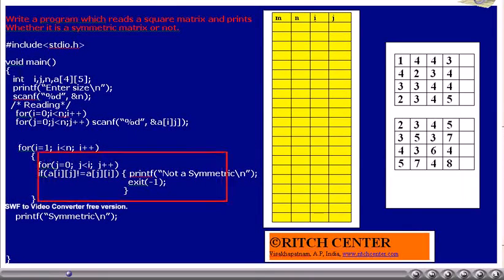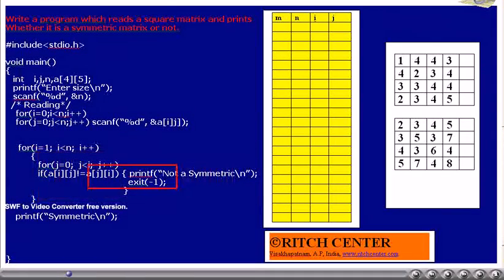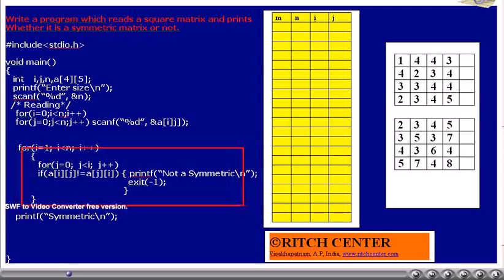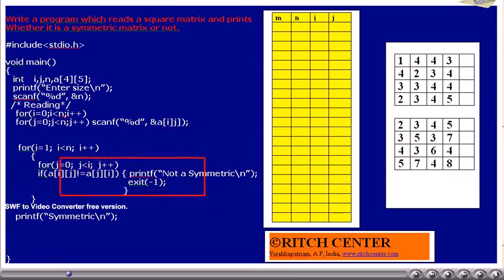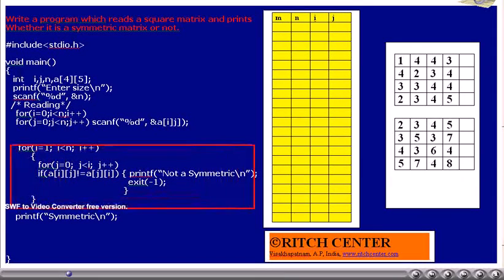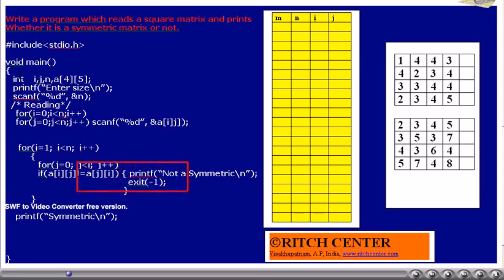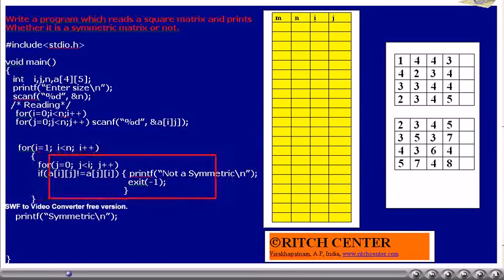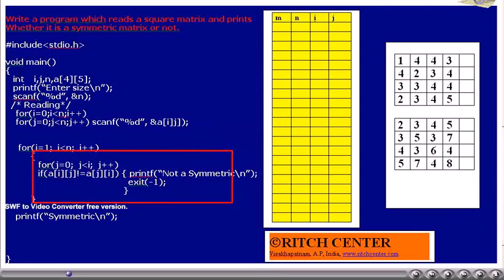Thus, we propose here, we will traverse that portion of the matrix below the principal diagonal, that is row 1 onwards, till the last row. In row 1, we will take one element, that is the 1 0 element, and compare it with the 0 1 element.